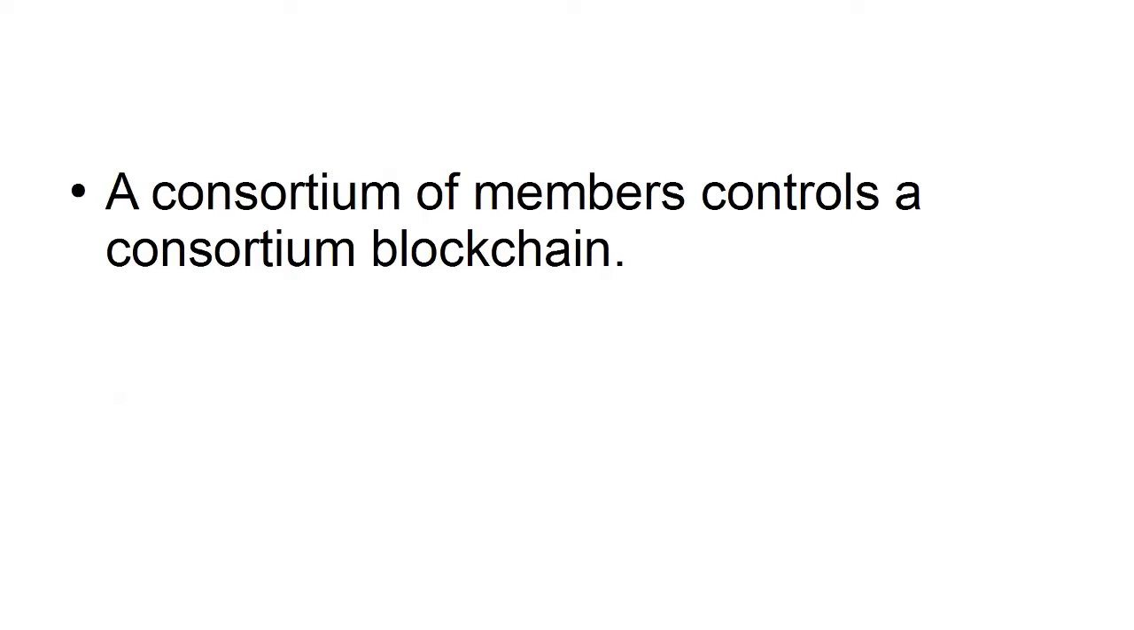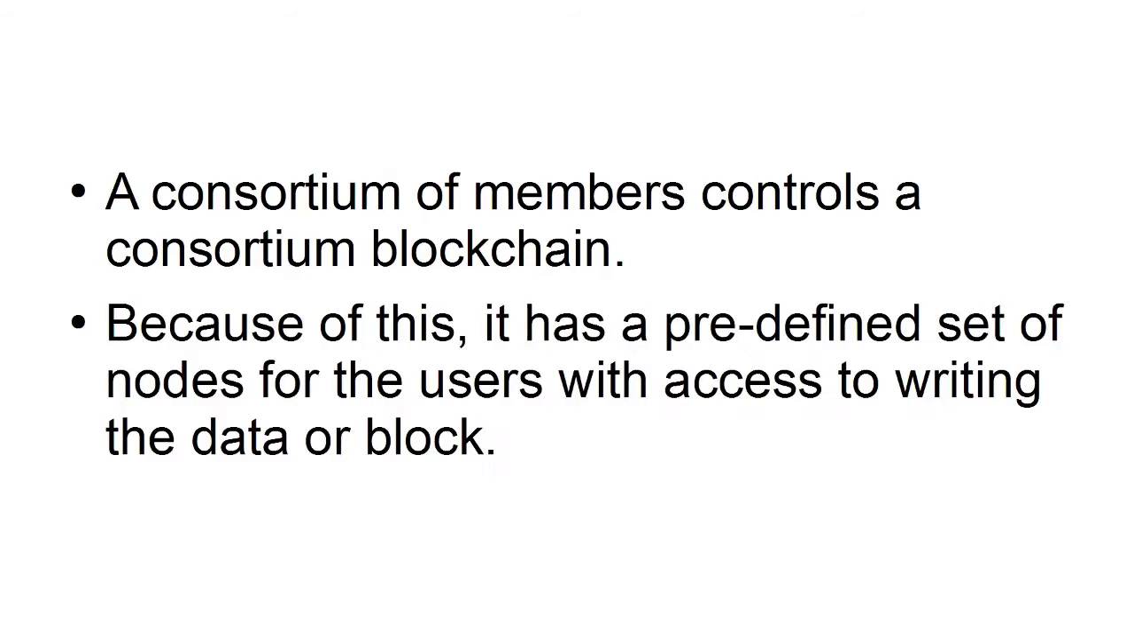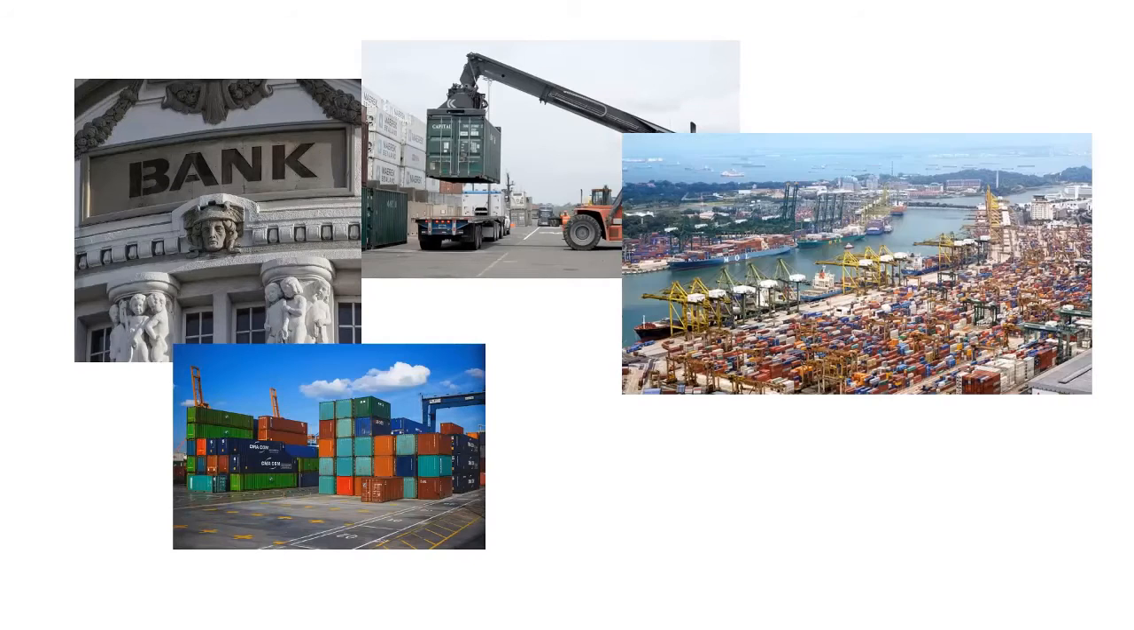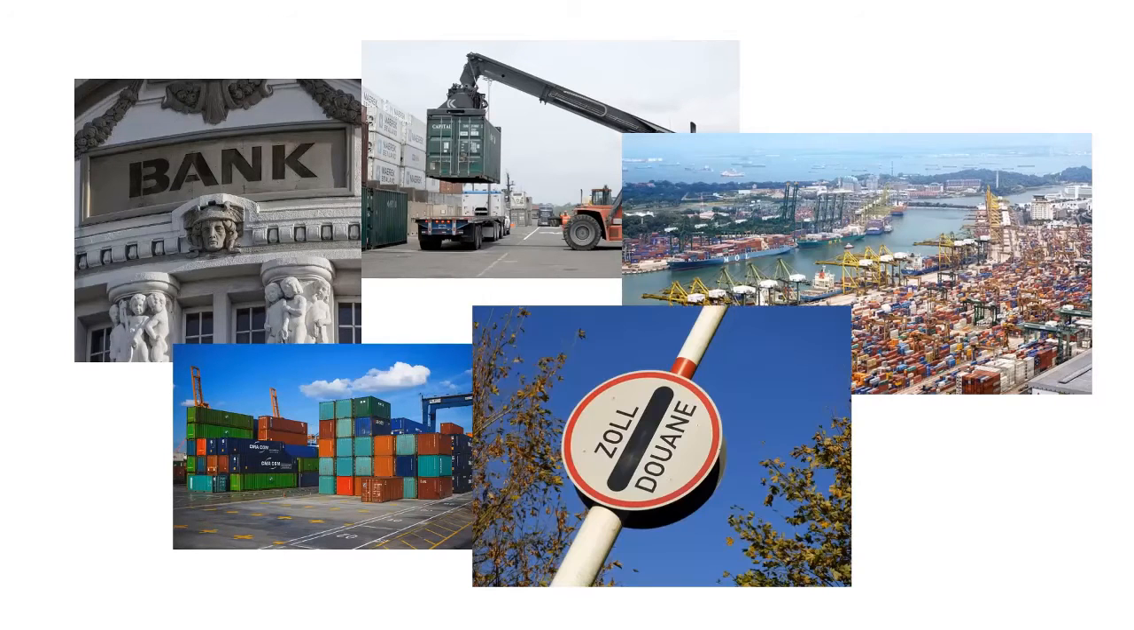Consortium blockchain. A consortium of members controls a consortium blockchain. Because of this, it has a predefined set of nodes for the users with access to writing the data or block. Members of a consortium blockchain may be participating banks, exporters, importers, ports of sending and receiving countries, custom officials,